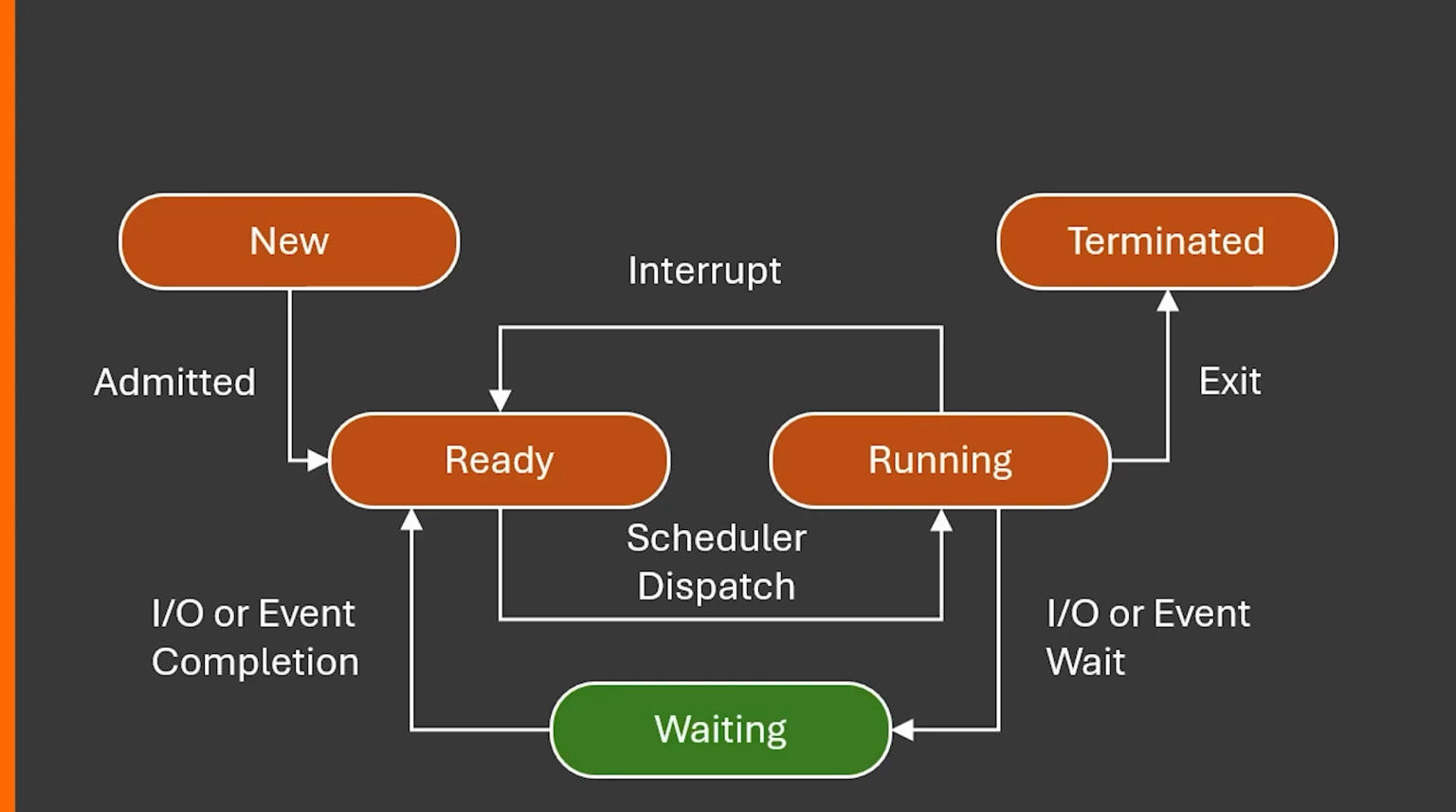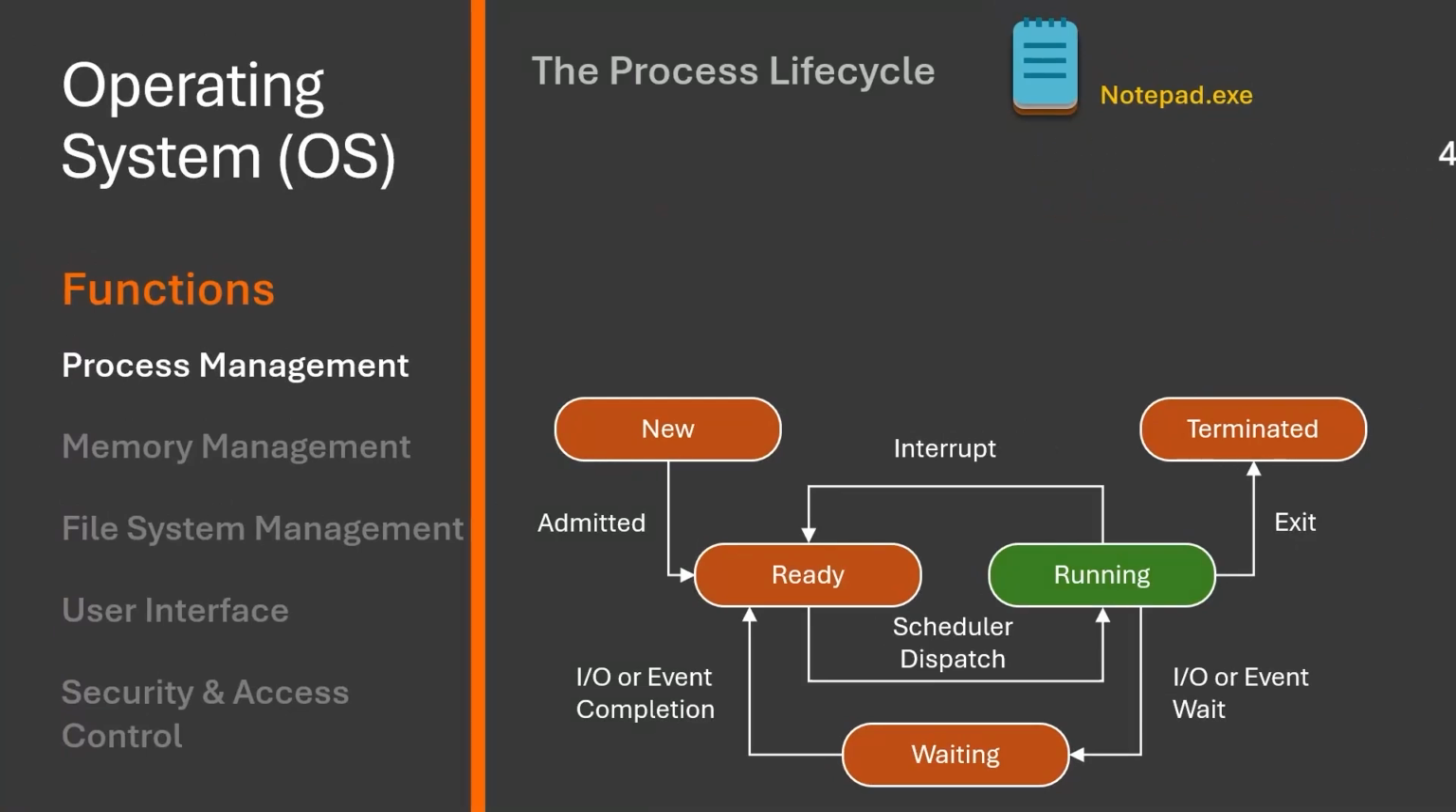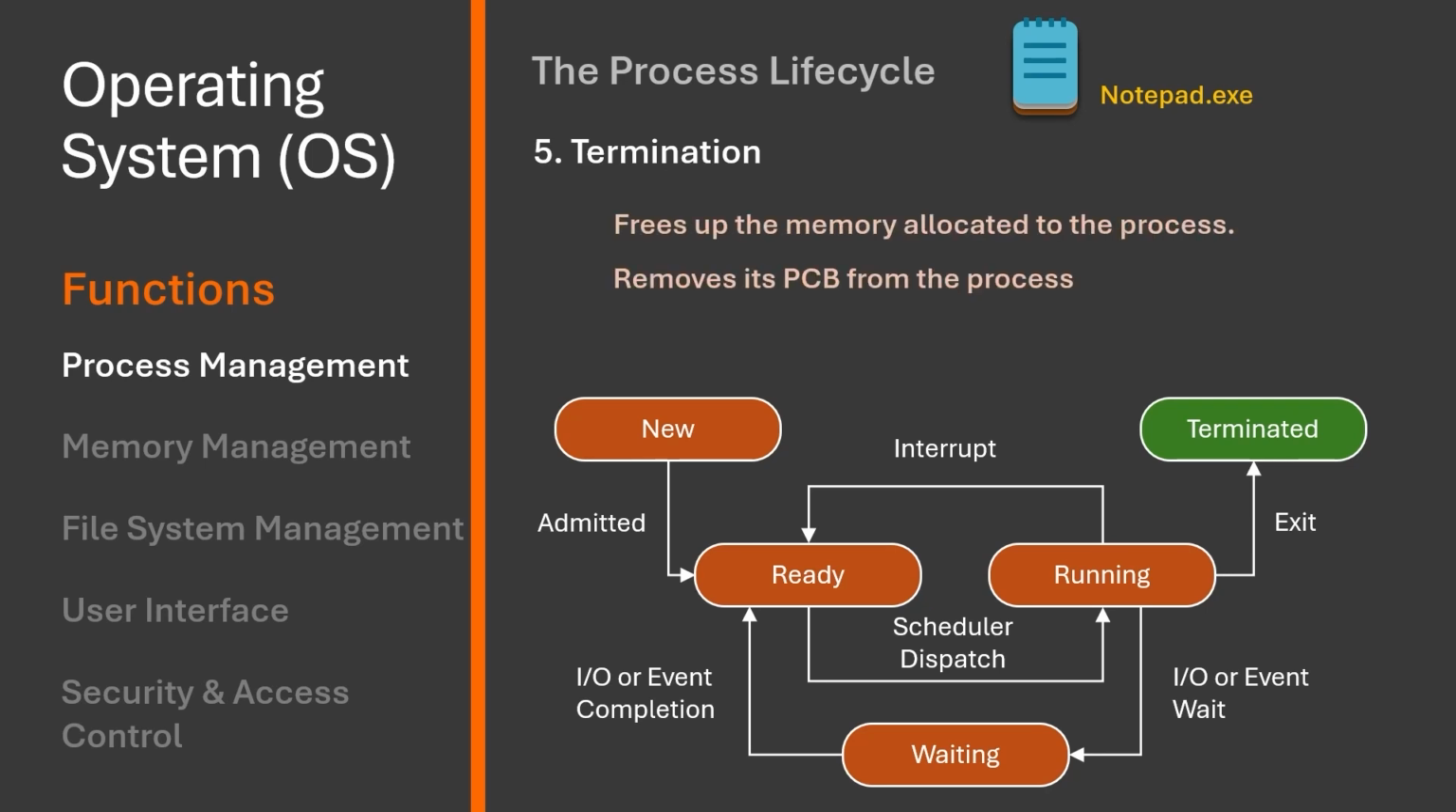Once the I/O operation finishes, Notepad resumes execution. And finally, when you close Notepad, the operating system terminates the process. The operating system will free up the memory allocated to the process, remove its PCB from the process table, and release any resources such as open files and network connections. At this point, the process ceases to exist and the operating system ensures that system resources are available for other